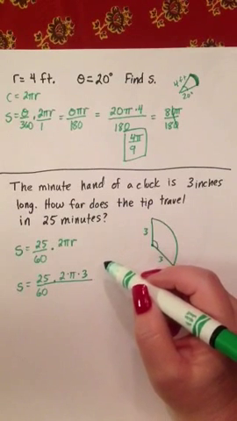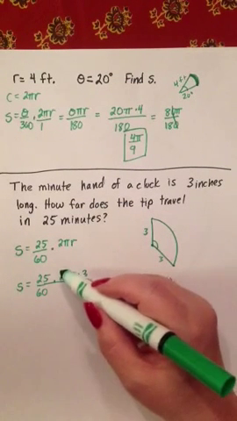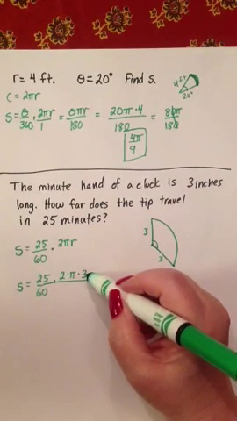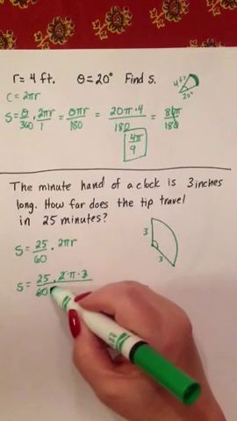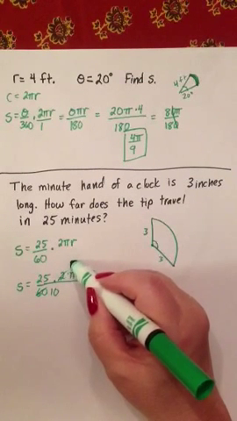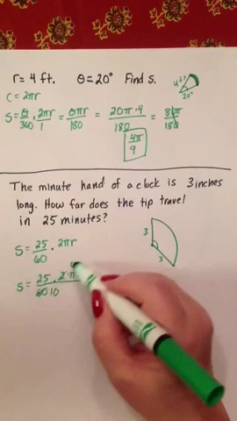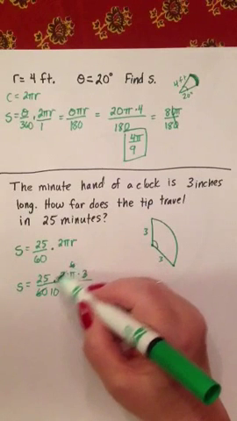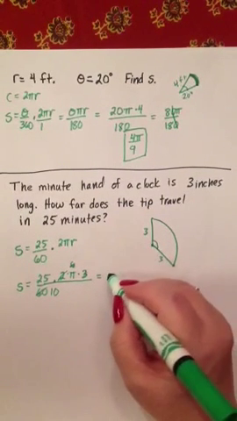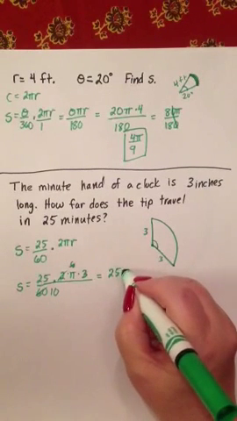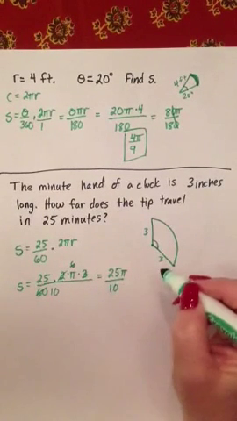It kind of looks like to me that I could cancel. 2 times 3 is 6, and 6 over 60 means the 6 would cancel altogether, and then this would become 10. So it kind of looks like it's going to be 25 pi over 10,